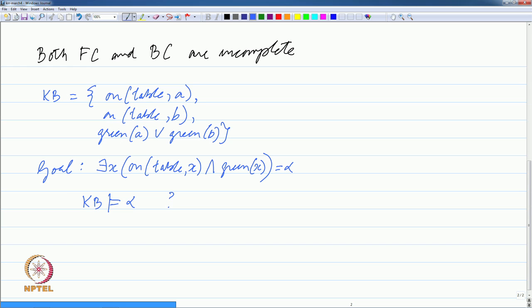Does the knowledge base necessarily imply that there is something on the table which is green? The answer is yes, because we know that there are these two blocks and we know that at least one of them is green. So, this statement that there exists something on the table which is green is true, but unfortunately this does not hold,